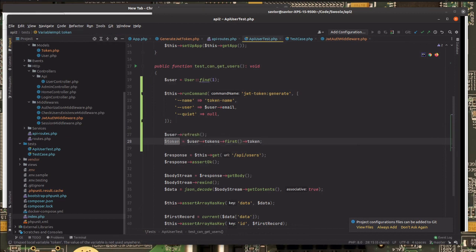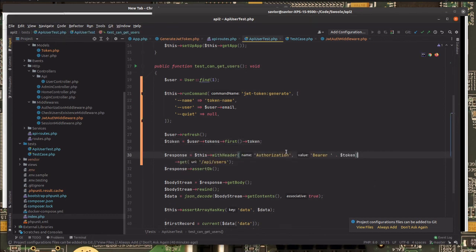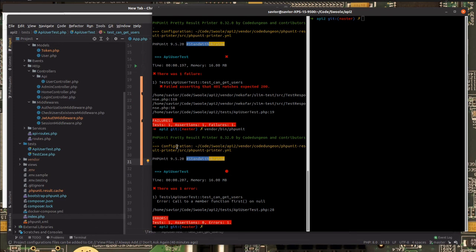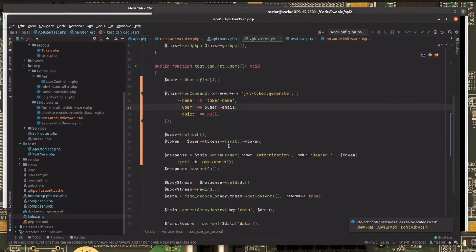And now we will add a header to our request. So before the get, we add a header. This header is going to be authorization, bearer, and the token. So now this should pass. See? It didn't. Called a member function first on null. So let's see. Tokens. Oh,